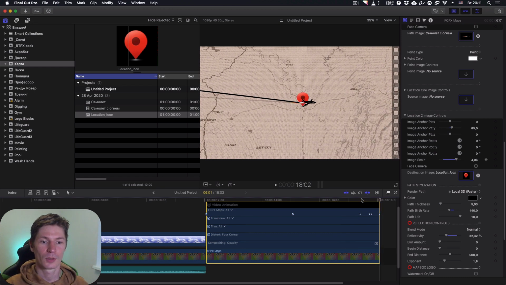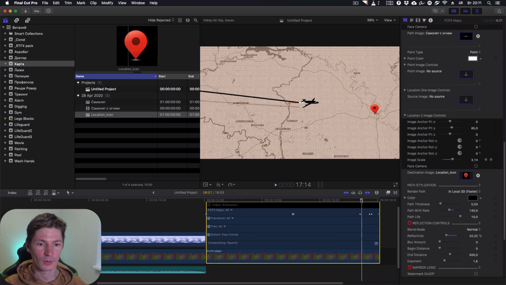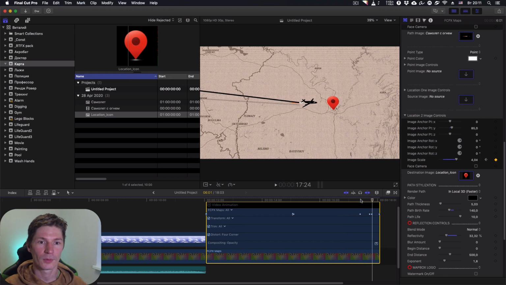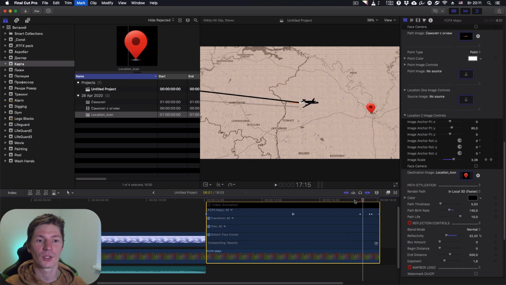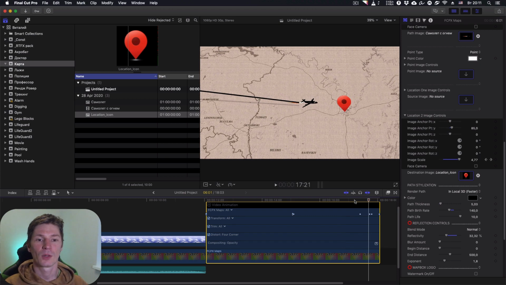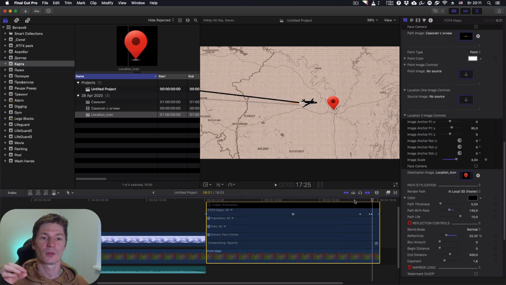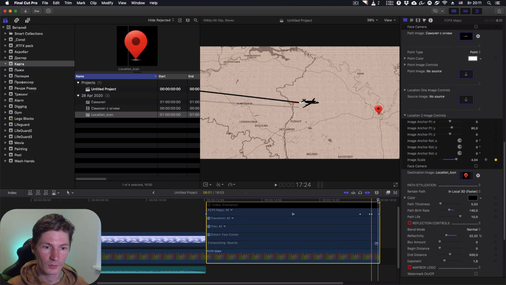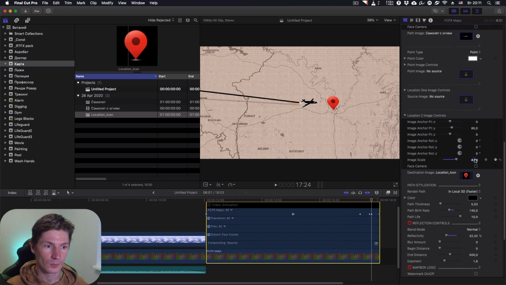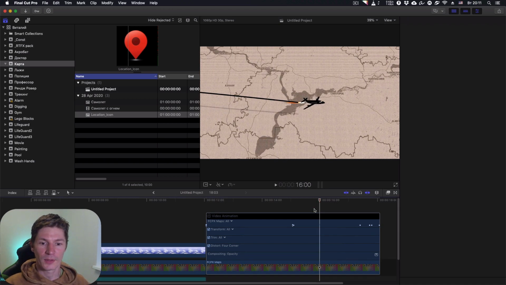I will show you. We have an interesting effect when our object is increasing and then decreasing. Okay, that's it